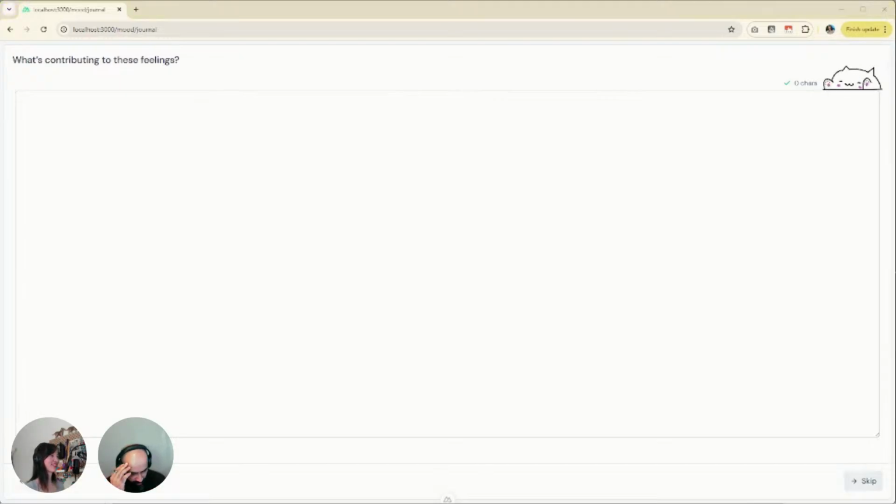Listen, you know how much I love scope creep. What I want here really is for the cat to be just walking along the top. You know what I mean? This is a great start, don't get me wrong. I really like the direction this is going in. I like the cat living in the corner, but more importantly, I like the cat getting up off of its corner, jumping onto the text box and walking over to what's contributing to this feeling, and then walking back. That's what I want to see as a non-user of this app, but that's all I'll say.